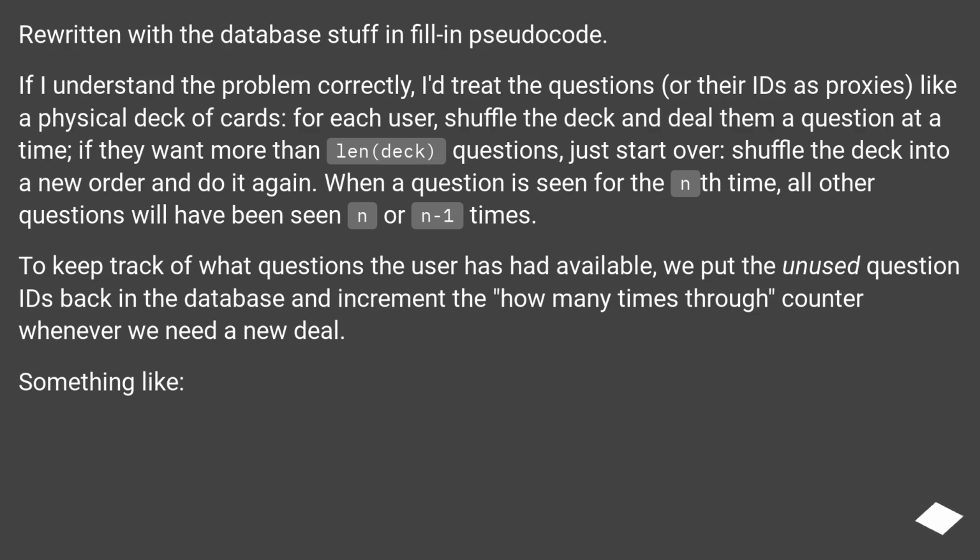If I understand the problem correctly, I'd treat the questions, or their IDs as proxies, like a physical deck of cards. For each user, shuffle the deck and deal them a question at a time. If they want more than deck questions, just start over, shuffle the deck into a new order and do it again. When a question is seen for the nth time, all other questions will have been seen n or n-1 times. To keep track of what questions the user has had available, we put the unused question IDs back in the database and increment the how many times through counter whenever we need a new deal. Something like